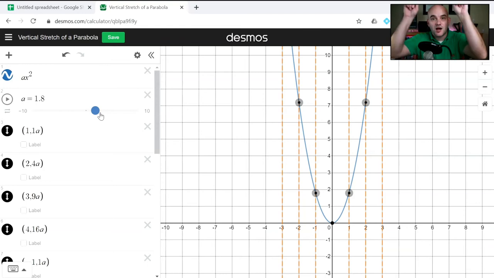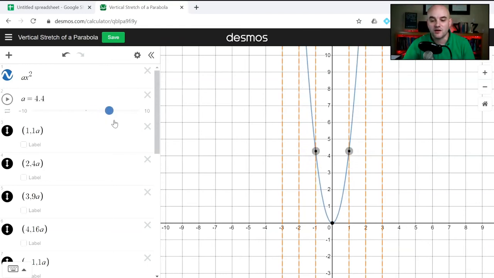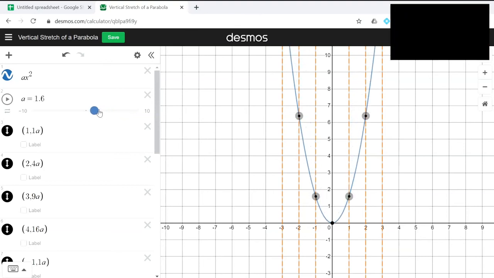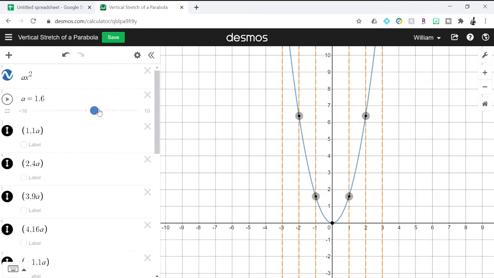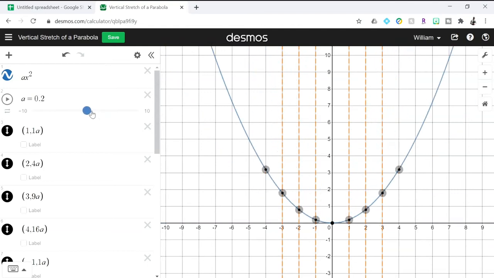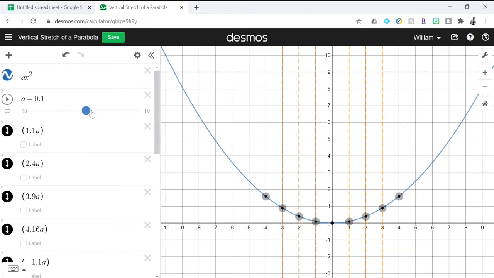They're actually moving upward to show you that our y values are increasing here as I make that happen. And so it's actually a vertical stretch. Now, as a becomes smaller and smaller, notice that it's headed towards the x-axis. And so we see that it looks like it's growing wider, but actually it's being compressed there, a vertical compression. So that a term either stretches it or it compresses it, but its keyword is vertically, up and